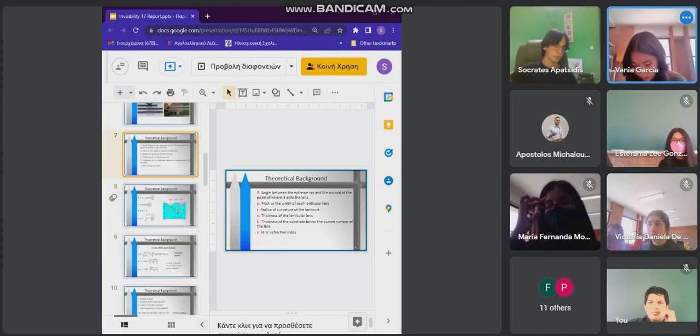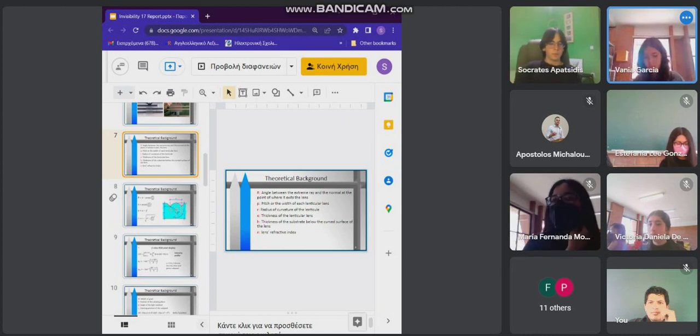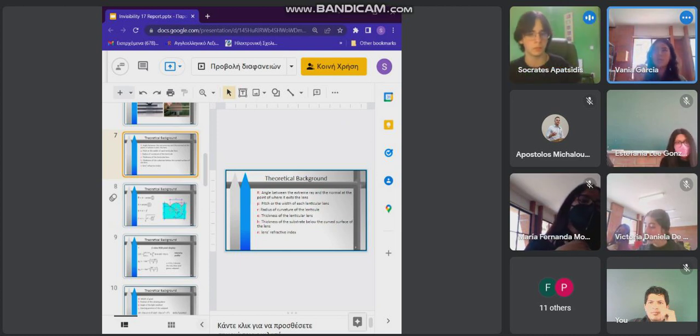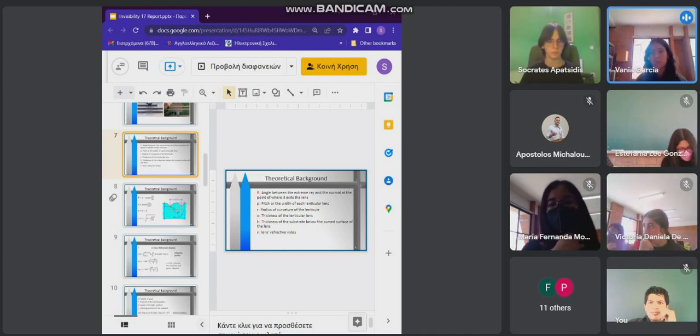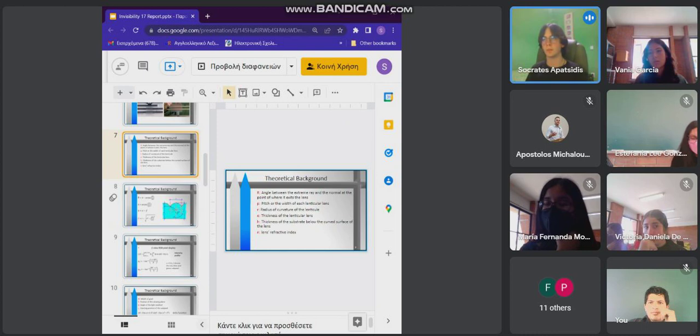Okay. And lastly, an extra application. Do you think there's a way that, besides making an object invisible, you could project an image with the lens? Oh, like create a different image. Well, that could be the case under some other conditions, but that's not what the problem really states. So we did not mess with such a case. Okay.